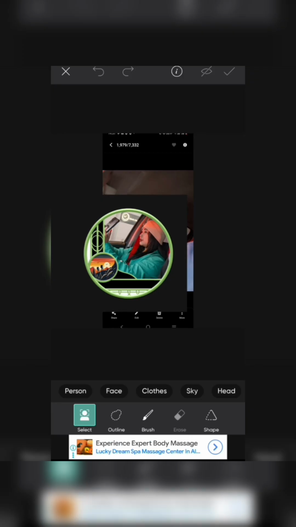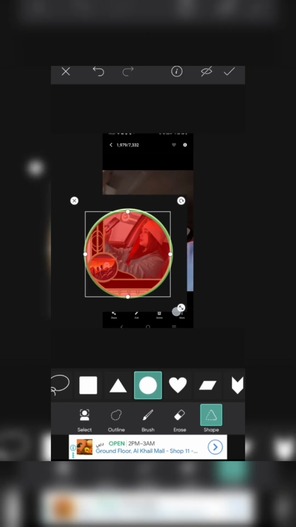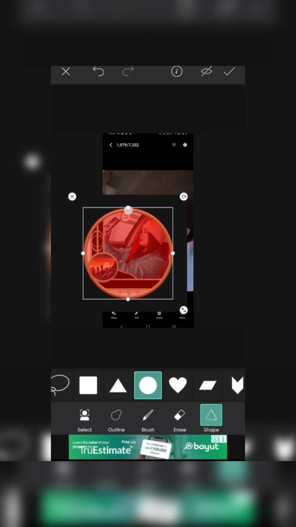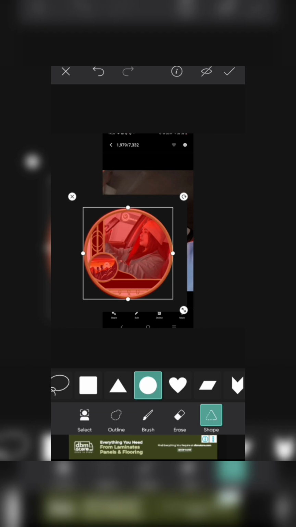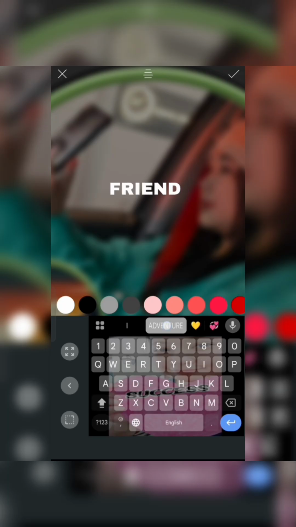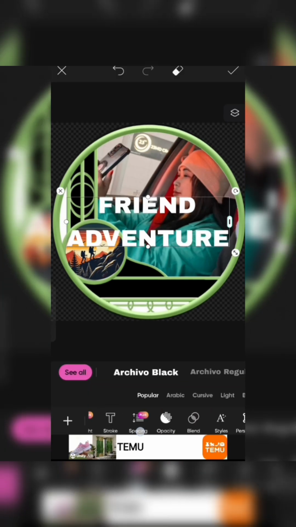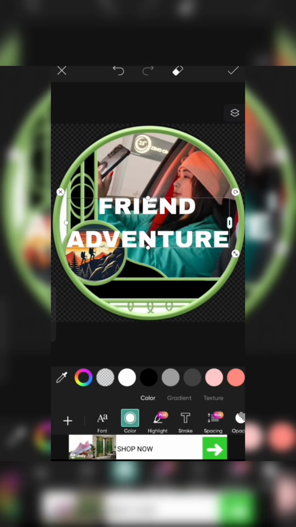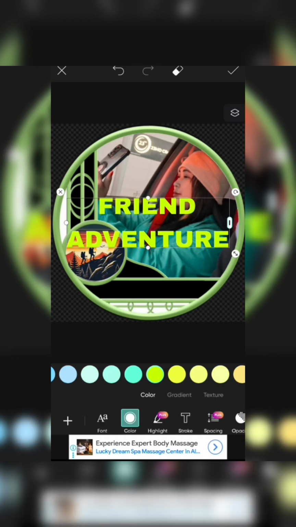And then in the PicSart app you can also make your name, because this design is only straight, so you can make your name properly. And then you can choose the color, which color you like, for the lettering.